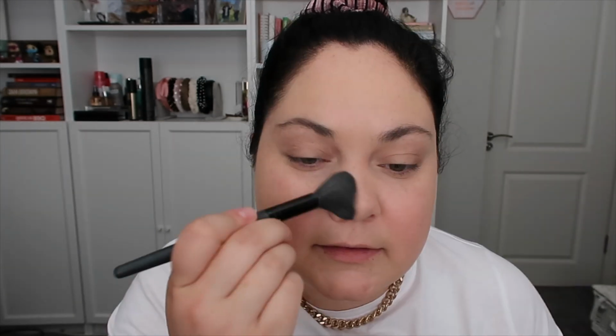Okay, for powder, I'm gonna take one of my favorites. This is the Charlotte Tilbury powder. And firstly, I take a small little brush and some product and bring it underneath my eyes to set there straight away, and then just blend across the lid just so the concealer won't smudge or move around. This powder is amazing for blurring out pores. Like, it's literally one of the best. And as I said, this foundation's quite matte. I don't need much powder at all, so I'm just going to dip in and lightly just buff